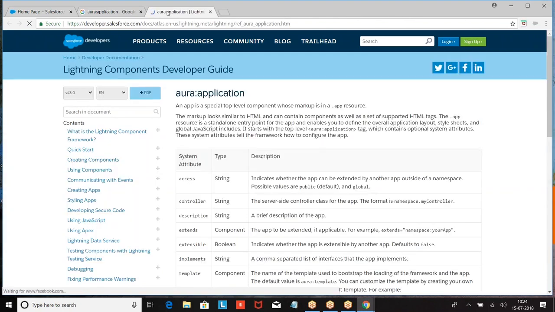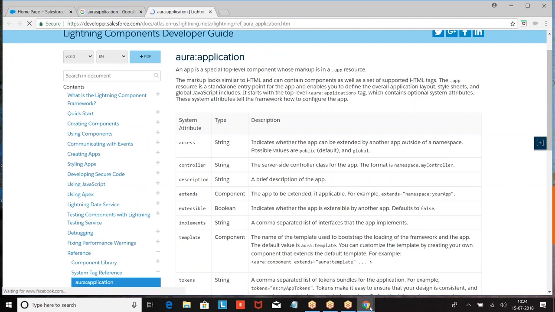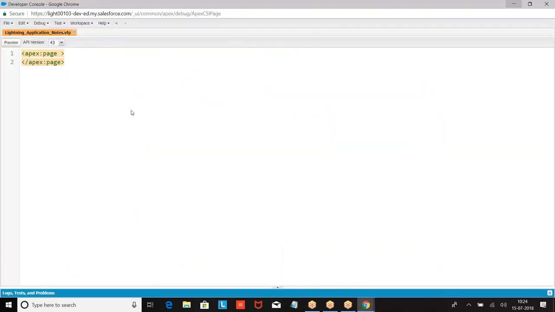If you want to create any Visual Force page, how will the Visual Force page be created? Every Visual Force page will start with apex:page and close with apex:page. Similarly, if you want to design a Lightning application, every Lightning application is one Lightning page.